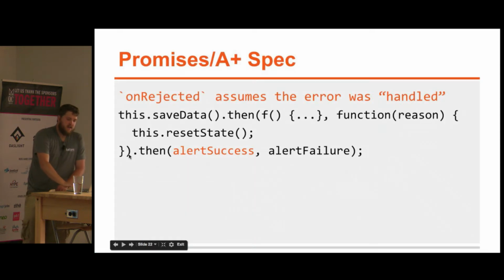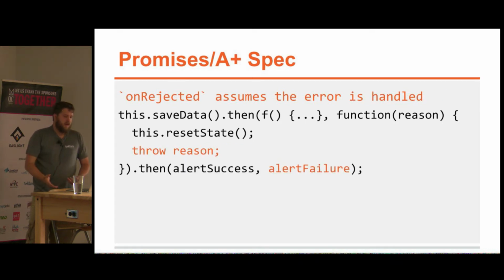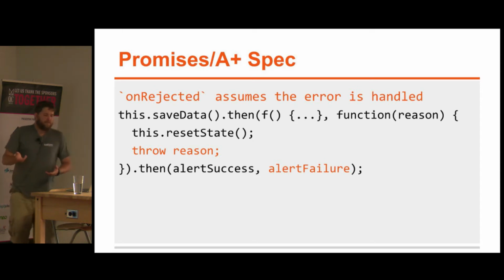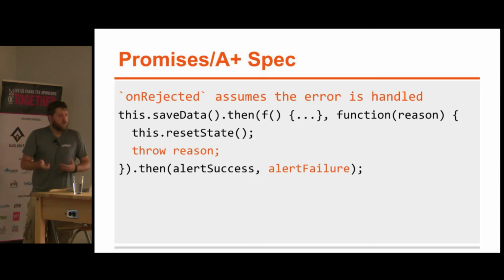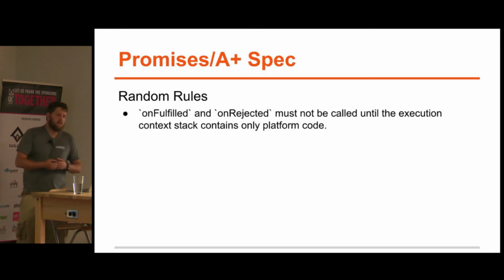And the reason for that is because I have this rejected handler. And so if I want that error to continue propagating down the chain, which in many cases you do, you have to rethrow the reason. The reason you do that is because if you don't rethrow, the promise system assumes you've handled it. And that means maybe resetting data, but that also really means telling the user. Does that all make sense? So that's the thing you have to really think about, and that comes into play later on. Generally, if you haven't told the user, you should rethrow it. That's a rule of thumb I've operated under.